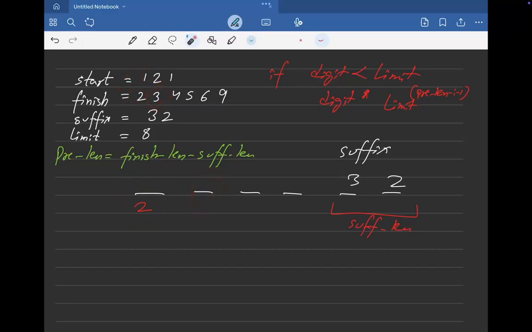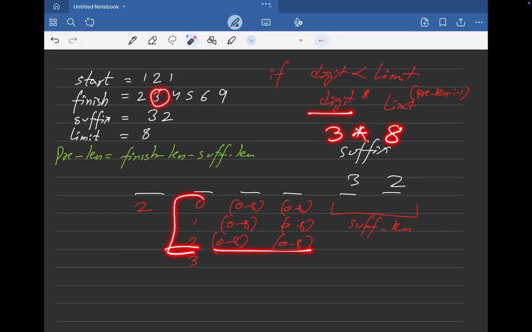This value is 3. Again our digit, which is 3, is less than our boundary 8, right? Then again I have 0, 1, 2 and 3. If I place 0, I have choices. If I place 1, again I have choices. If I place 2, again I have choices. Right? Since my digit is 3, I can place 3 multiplied by 8 raised to power